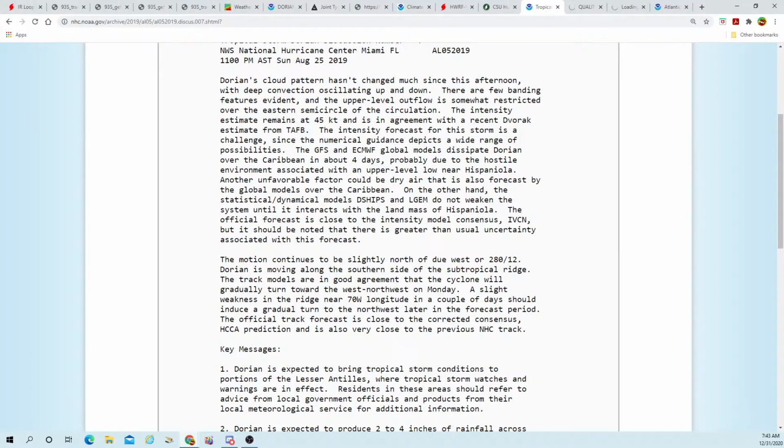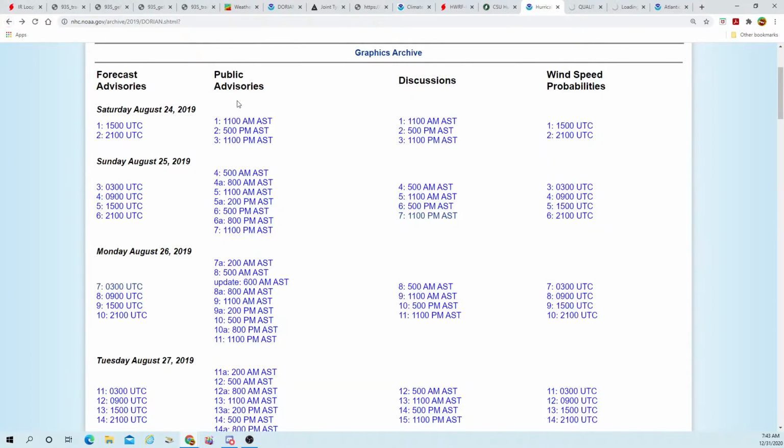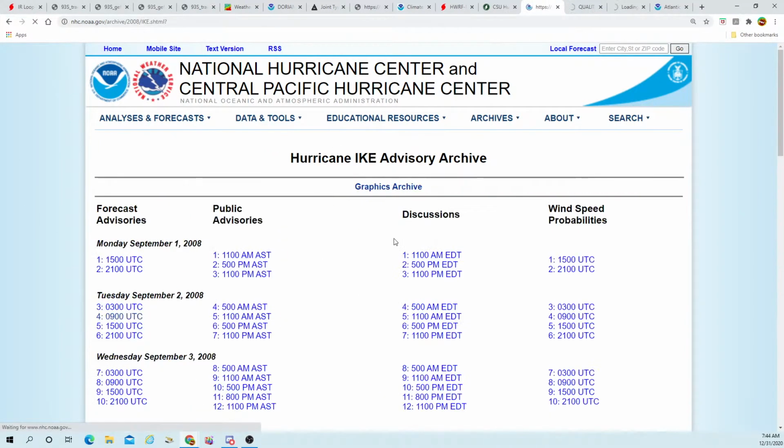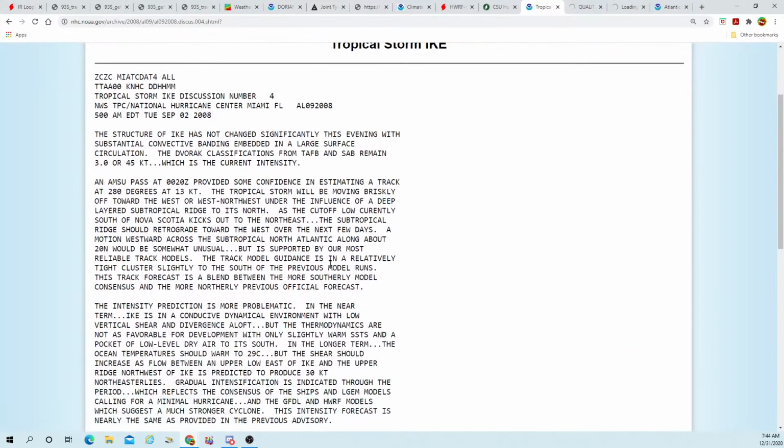And then compare it to Hurricane Ike Discussion 4. Okay, Hurricane Ike Discussion 4. Let's go to 2008, Hurricane Ike. I don't know what year I'm at. Okay, it's Hurricane Ike, it's an 8. Hurricane Ike Discussion 4. Let's see what they say for the 4th discussion. Okay, I'm kind of interested. The structure of Ike has not changed significantly this evening with a substantial